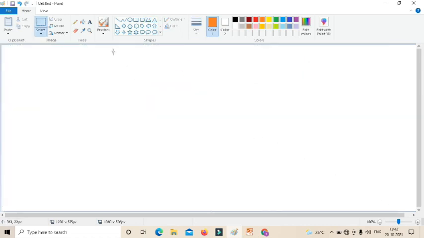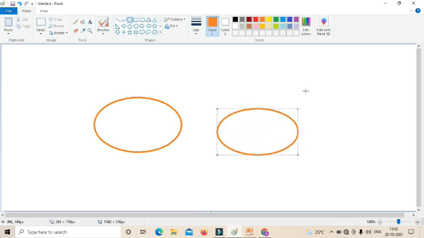Next is the ellipse tool. The ellipse tool is used to draw ellipses and circles. For that, first we have to click on the ellipse tool and then keep the mouse pointer on the screen drawing area, press the left mouse button and drag to draw an ellipse. And if we want to draw a circle, the same tool we can use.